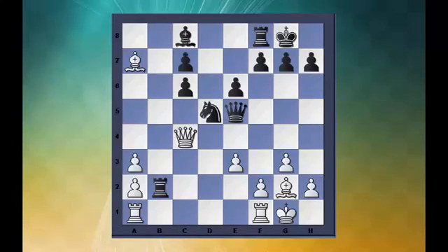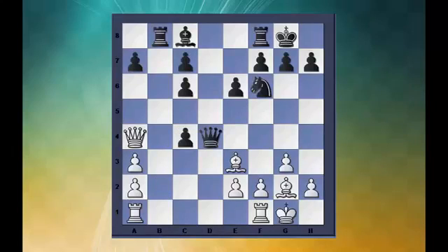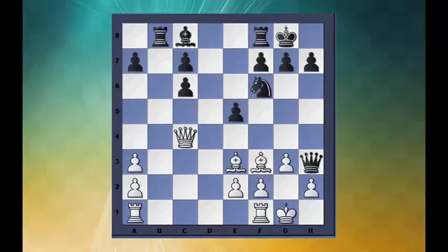Not only is he threatening bishop d4, but he also has passed pawns on the a file that can be dangerous later. Bishop e3, it's also possible to play queen g4, and after bishop f3 the queen has to move again. It has two options. Well, g6 has not been tried. I think that's the weaker option, but queen h3 has been tried, which we take on c4, and after